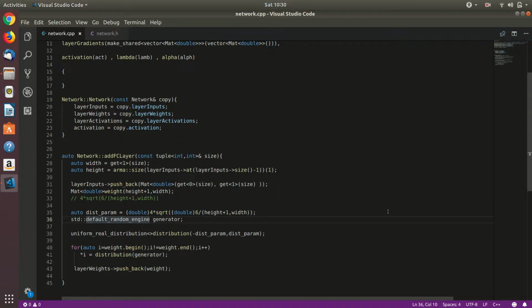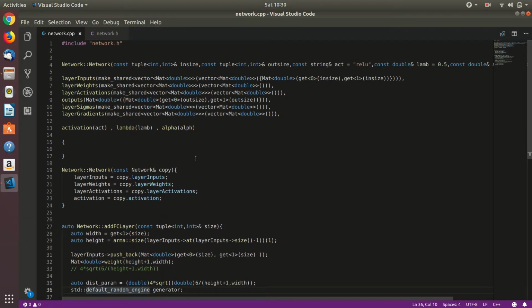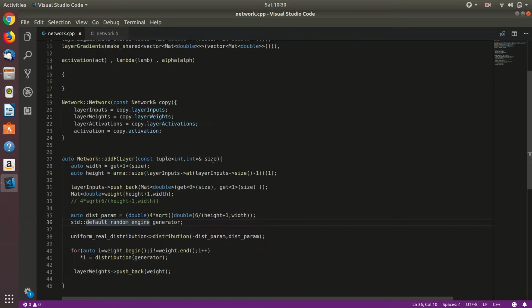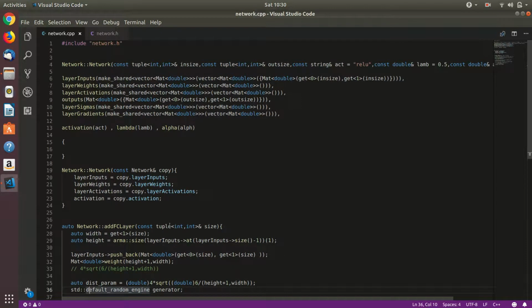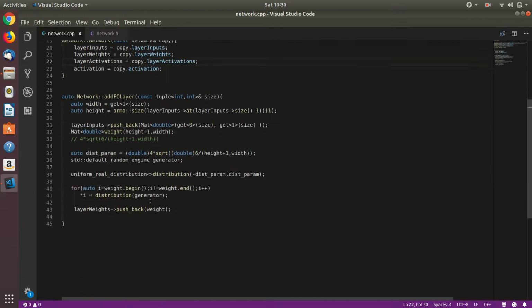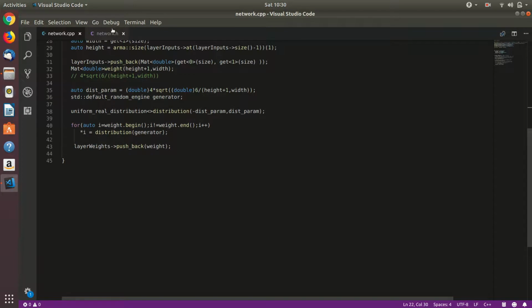Welcome back. So in the previous video we have already built the constructors, the default, parameterized, as well as the copy constructor, and we have also built this function that adds a fully connected layer called addFCLayer, and I also fixed a few typos here. I basically made some spelling mistakes here, like I used uppercase L for layers activation like this, and a lot of other small mistakes. So I fixed all of that,